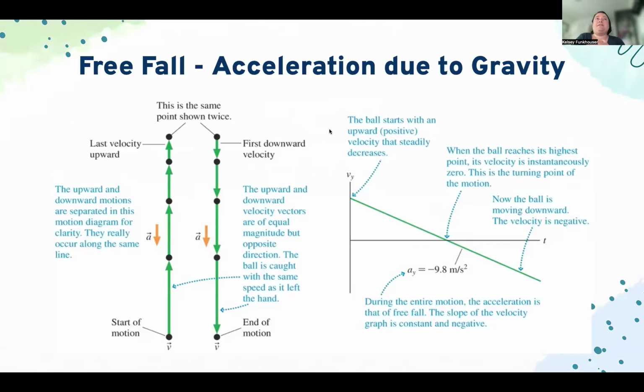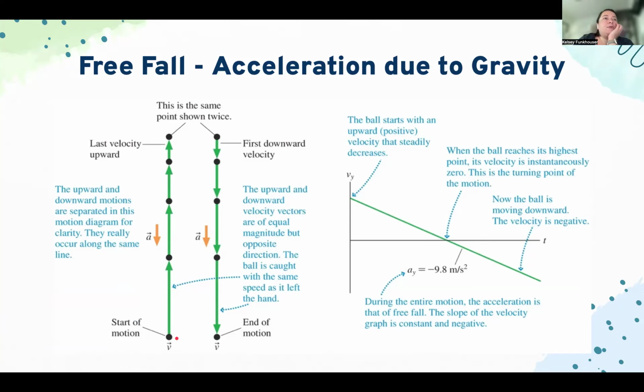So, talking about falling objects, we have this concept of free fall. And free fall is just when the acceleration is due to gravity. So you, I'm sure, have dropped things in your life, and you know that they fall toward the earth, because there is a gravitational force attracting them, and that force applies some acceleration downward toward the surface of the earth. So let's look at this motion diagram,